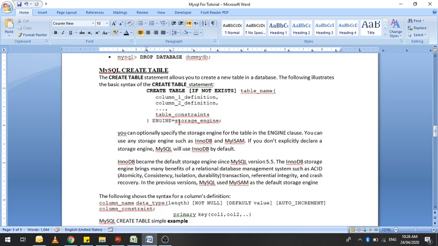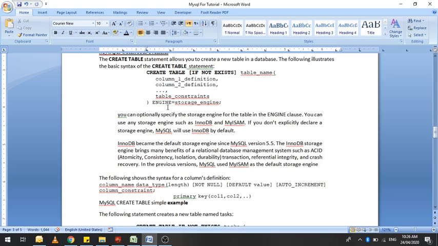Before we discuss the engine clause, what is storage engine? To understand the storage engine, MySQL generally has three layers. The top layer handles connection handling, authentication and security, and the middle level performs the following functions: query parsing, analysis, optimization, caching and built-in functions. And the bottom layer consists of the storage engine.